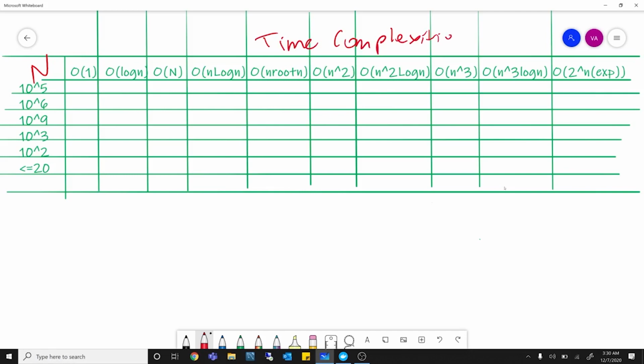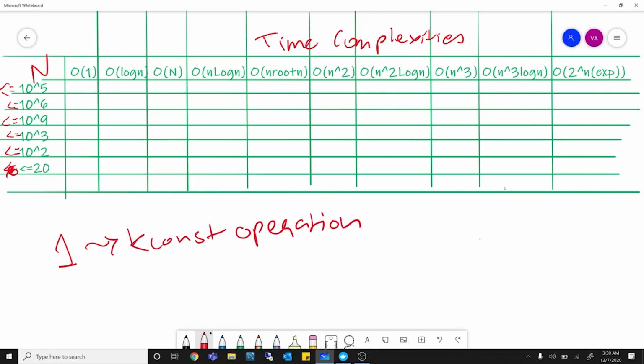All right. There's another thing I forgot to mention: these are all less than or equal to, so n is less than or equal to. And here I already mentioned it, so I don't need to mention it again. The first time complexity I'm going to discuss is O of 1. That means a constant. O of 1 doesn't mean one operation; it means k constant operations. It is independent of n. Irrespective of how big or small your n is, this particular problem will require a fixed number of operations. So this kind of time complexity is valid for all the constraints. All right, so this is fixed operations.